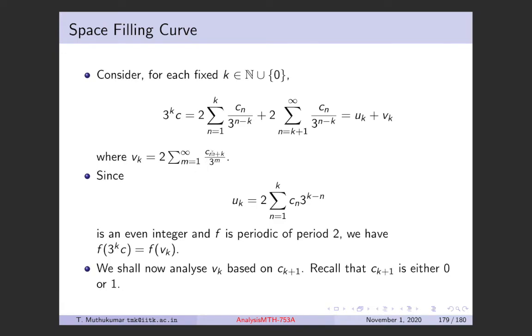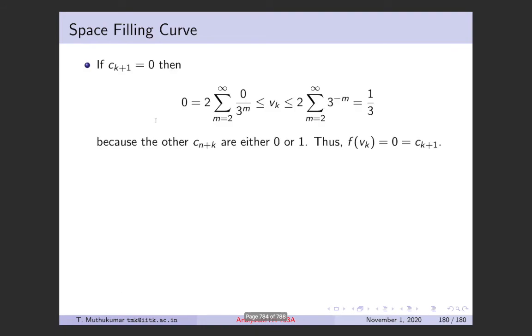So recall that the c's were chosen as a_n and b_n, which were the binary expansion, so each is 0 or 1. So c_{k+1} is also either 0 or 1. So in this vk term, if I put m equal to 1, the first term has this coefficient c_{k+1}, right? So c_{k+1} is either 0 or 1. So let's see what happens in the case when c_{k+1} is 0. So if c_{k+1} is 0, then